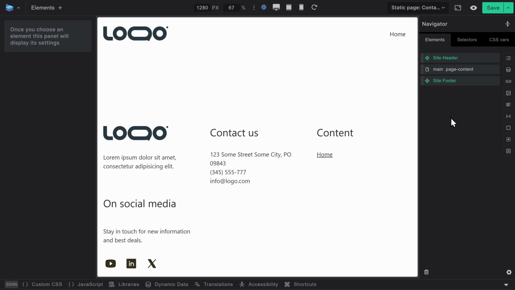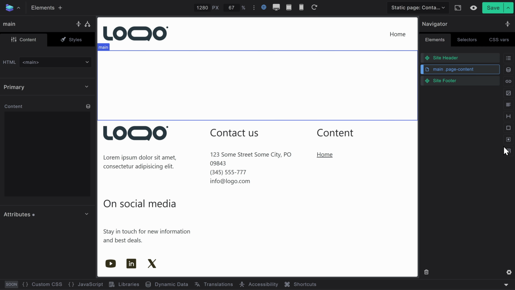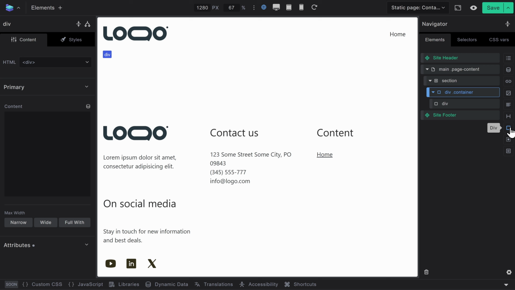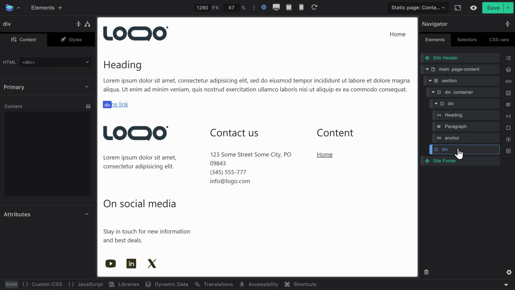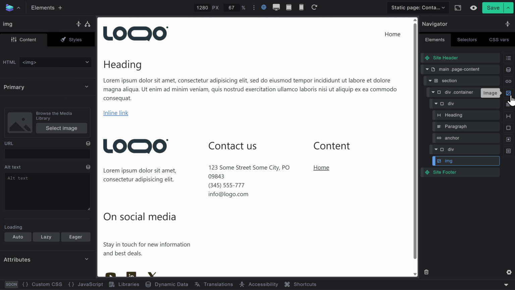HTML and CSS are the foundation for the web. So in today's video, we'll take a look at the Builderius interface and see how Builderius allows us to write good HTML. Remember that good HTML is an important recipe for accessibility, for search engine optimization, for good structure, and for performance. If that's something that interests you, let's jump right in.